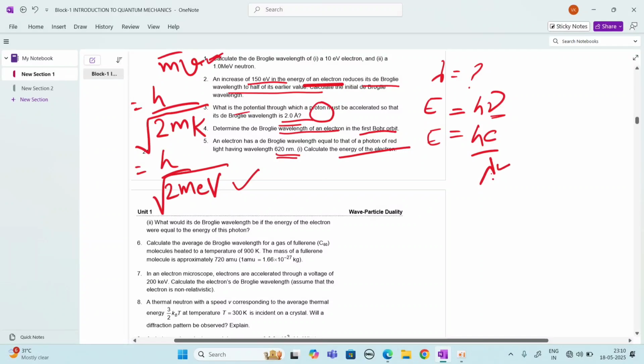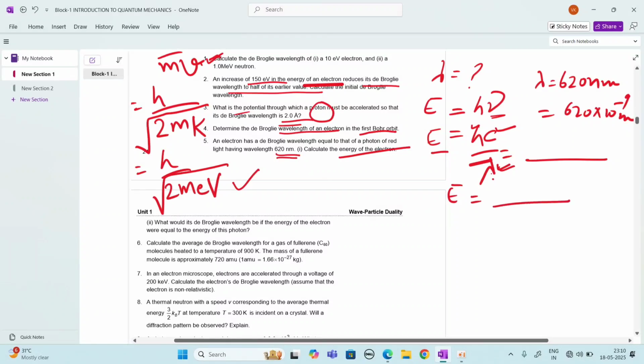लैम्डा की वैल्यू हमें दी हुई है 620 नैनोमीटर। इसको हम कन्वर्ट कर लेंगे मीटर में। h दिया हुआ है और c दिया हुआ है। यहाँ पे हम सारी वैल्यू सब्स्टिट्यूट करके एनर्जी निकाल लेंगे। एनर्जी आ गई, तो उस एनर्जी की वैल्यू हम यूज कर लेंगे लैम्डा, डी ब्रॉगली वेवलेंथ को कैलकुलेट करने के लिए। फिर हम ये फॉर्मूला लगाएंगे h/√(2mE)।